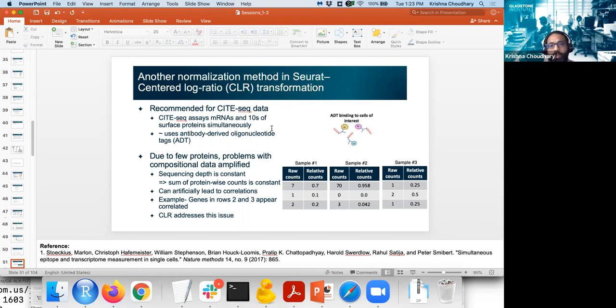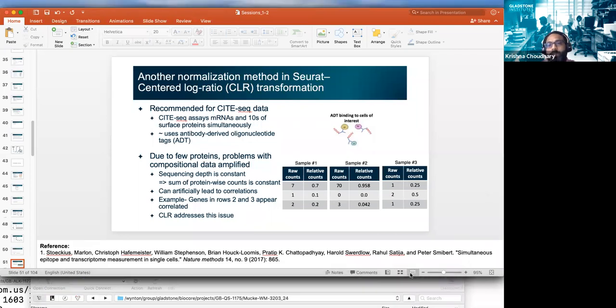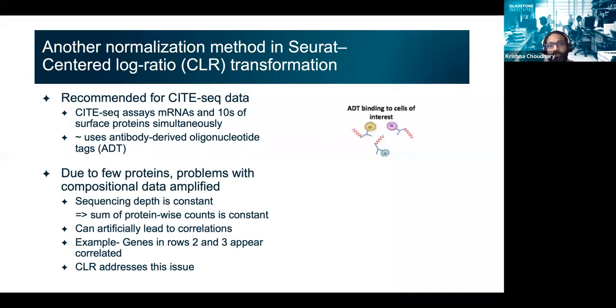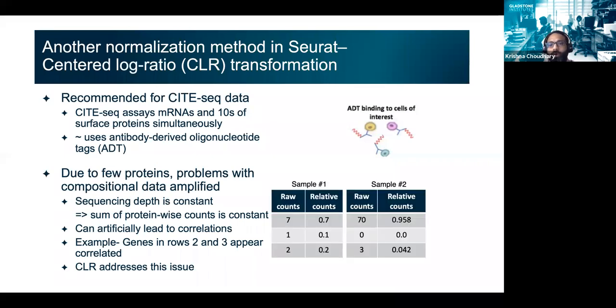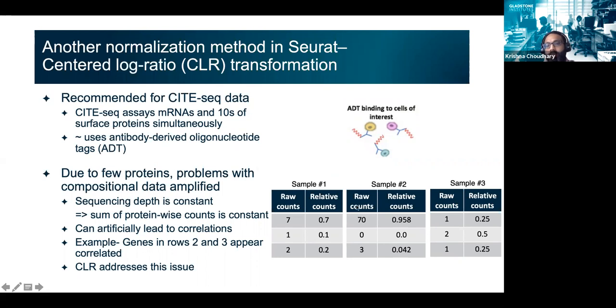But typically, if you are doing this assay, you will get mRNAs, but also for the surface proteins, you will have tens of surface proteins for which you will have information at the single cell level. But the challenges of normalization in this case are a little bit of a different nature, I guess. So one challenge that comes up is due to the problem of what is called compositional data,